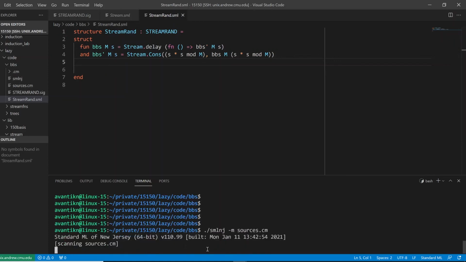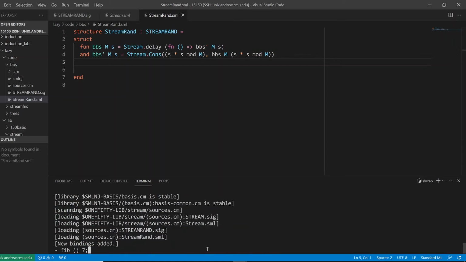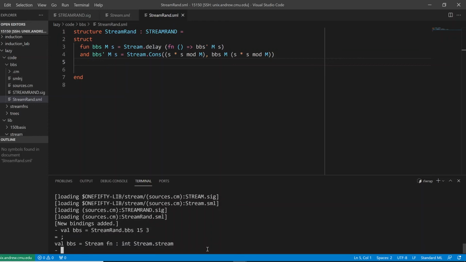Well, let's create a new Bbs. So let's do that with val Bbs equals streamrand, and let's just say the number is 15, which is the multiplication of two primes, 3 and 5, and let's just put a seed of 3. So we have this new Bbs, and let's try doing some stuff with it.